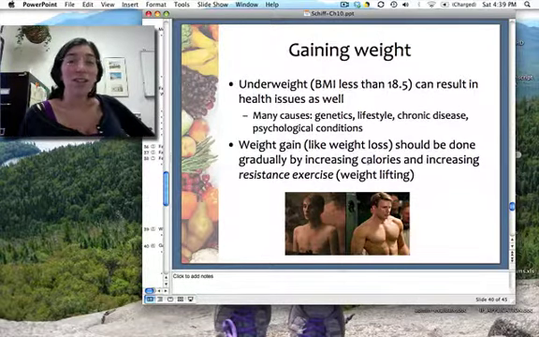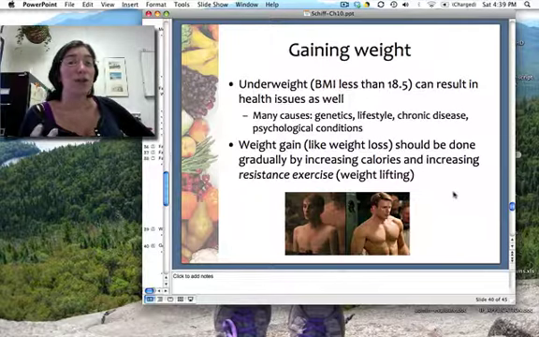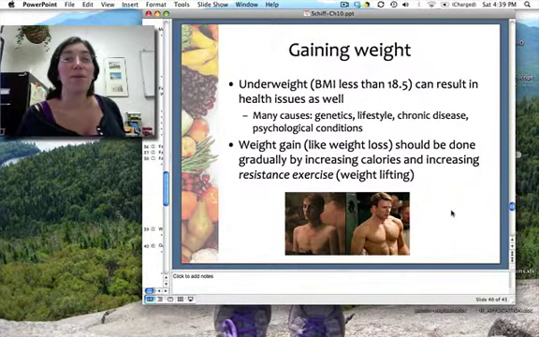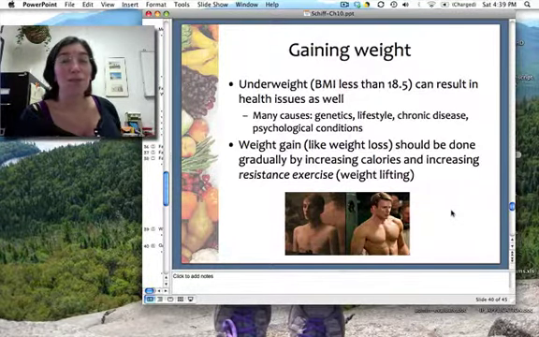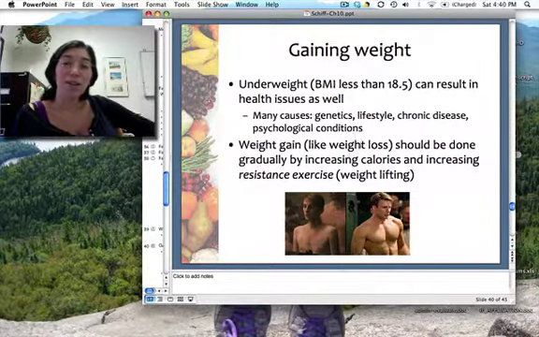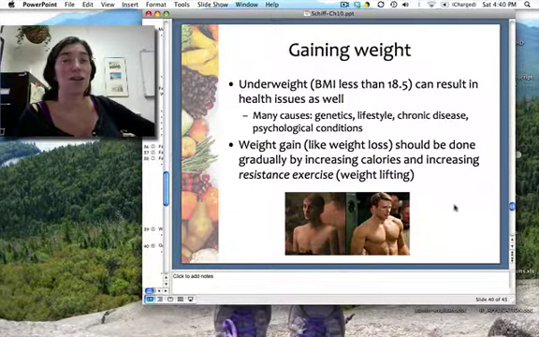And you don't necessarily want to reduce your physical activity. You want to change your physical activity, instead of it being more cardiovascular, you want it to be more muscle building. So resistance exercises like weightlifting help to build body mass, build bone, and build muscle. And so increasing your calories and incorporating more weightlifting and resistance exercise can help you to increase your body weight,